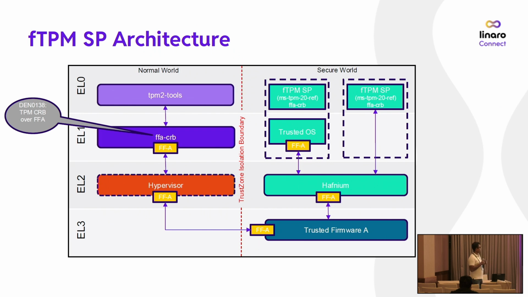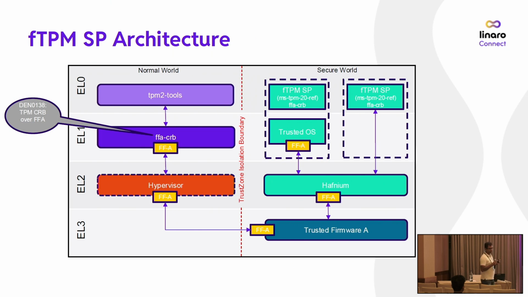Then we have trusted firmware TF-A running at secure EL3. Apart from loading all the firmware components and also the BL33 bootloader, TF-A provides runtime services and also is responsible for managing the communication between the normal world and the secure world. And then we have Hafnium running at EL2, which provides the virtualization support. Based on Hafnium, fTPM can run at EL0 without the need for a trusted OS running at EL1, or fTPM can also work with a trusted OS running at secure EL1.